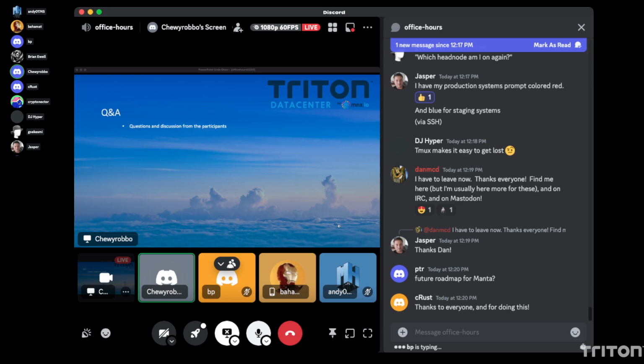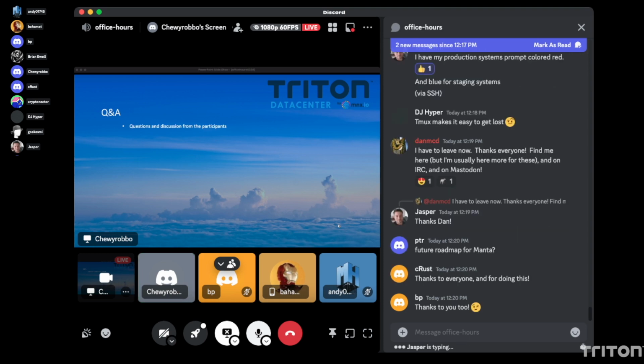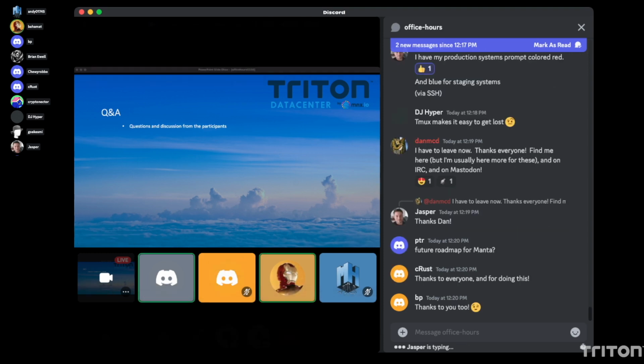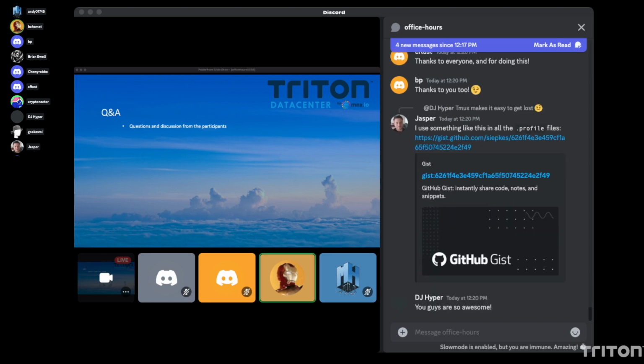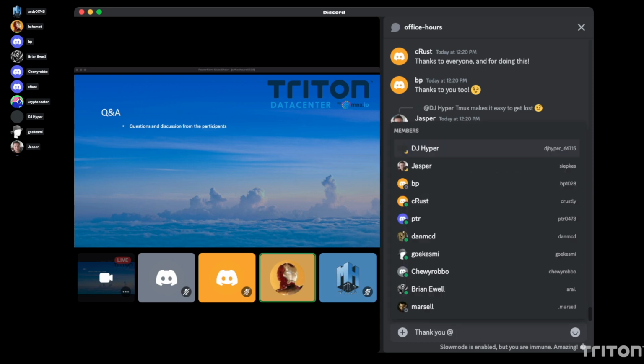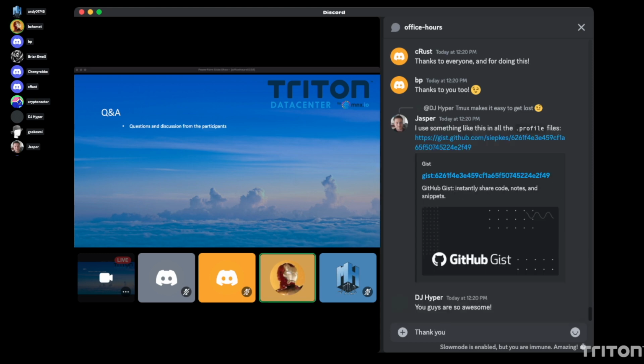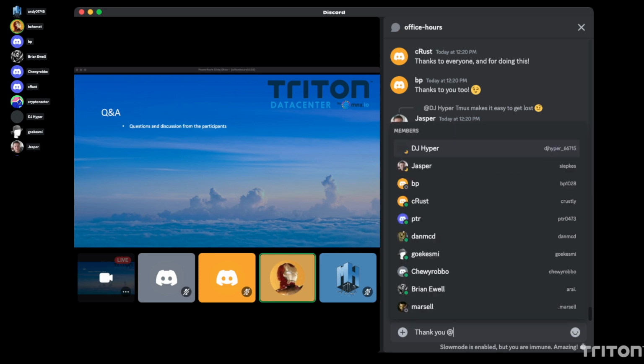Peter asks, future roadmap for Manta. Good question. So the future roadmap for Manta is we would like to land the buckets feature. It's in an experimental state right now, which means mainly that the interfaces are not set for it. It's usable and it's probably fine as is, but